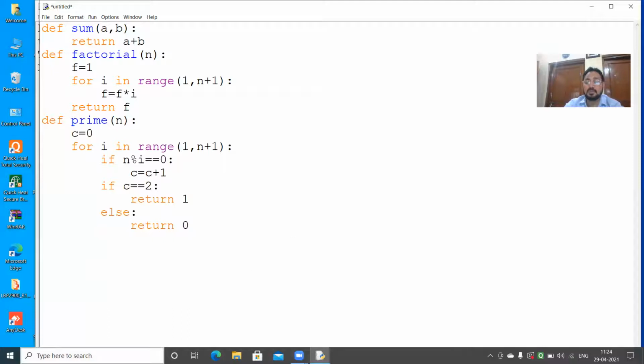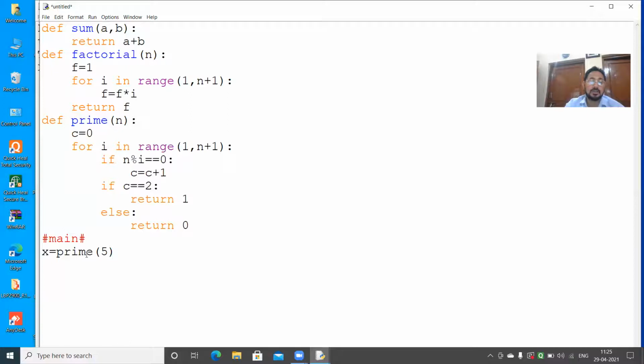Now, just to check that the program is running or not, we call that function in main. This is the main part. When I am passing a number, suppose 5, and if it is returning 1, that means it is prime.